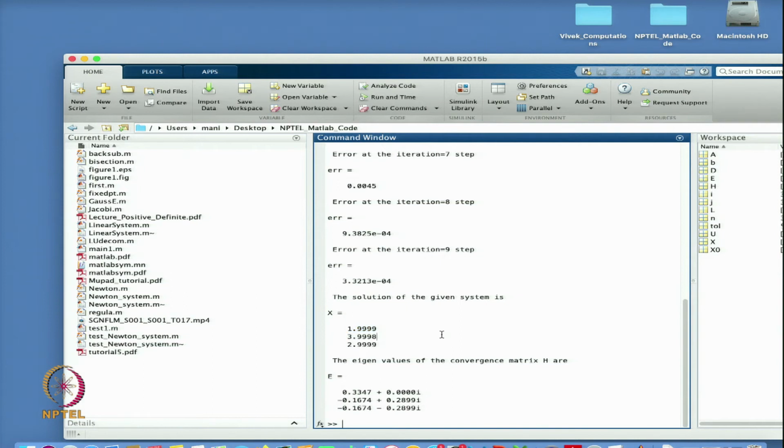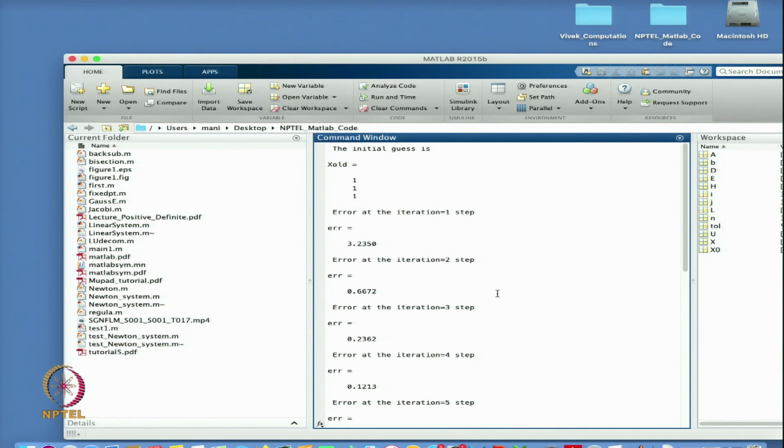So my system is converging, and if you see the eigenvalues, these are the eigenvalues. The real eigenvalue is 0.3347. This is the maximum eigenvalue in this case, and if I take the magnitude of the complex eigenvalue, that is also less than 1. Because for the maximum eigenvalue we can talk only about the real number, this is the eigenvalue we consider, and its value is 0.3347.